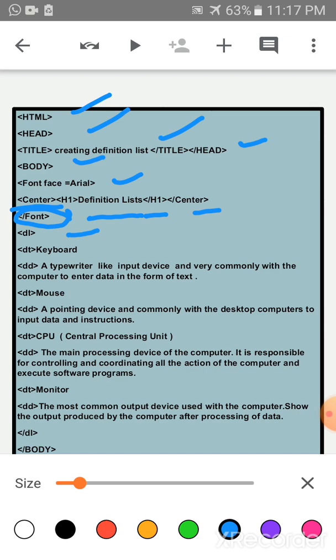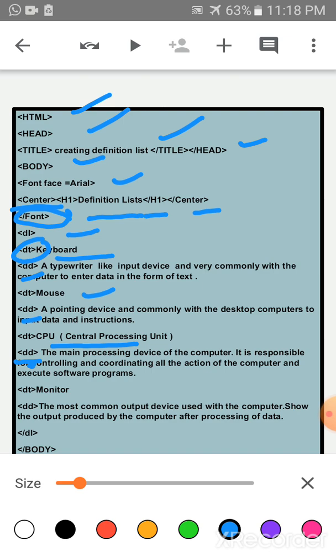Now we are writing keyboard. So this is the term you have to write in the DT tag. So keyboard under the DT tag, and after that the DD tag will show the definition of keyboard. Okay, again DT tag, write down the other term, DD tag, definition, again DT tag, CPU, this is the term, and again write down the DD tag.